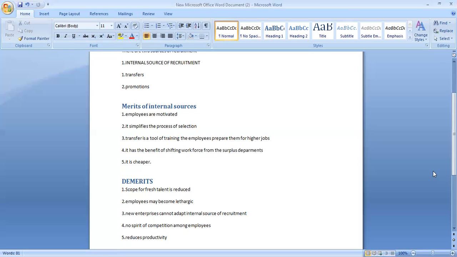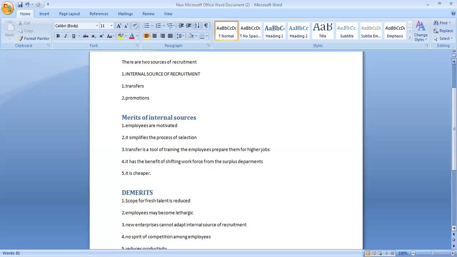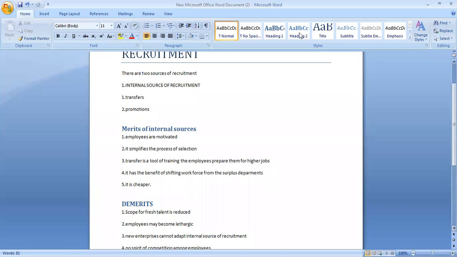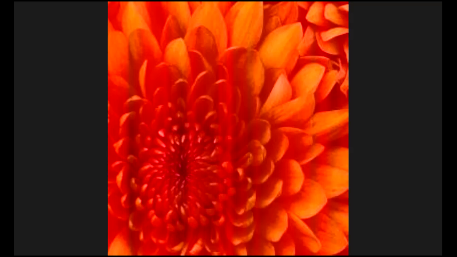And transferring the candidate often from one department to another department, and from one division to another division, actually reduces the productivity. It gives frustration to the employees, because when they get saturated with one department, and get the instruction to be transferred to another department, it makes them frustrated, and definitely it leads to less productivity. So all these concepts come under internal sources of recruitment. Hopefully you are clear with the concept.